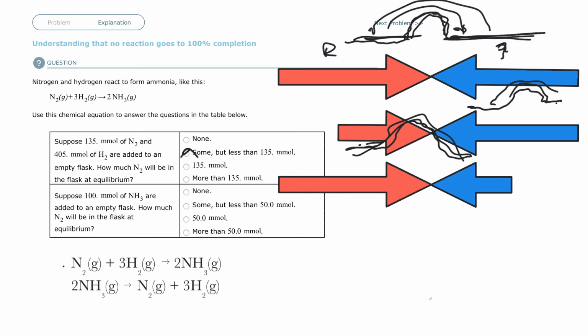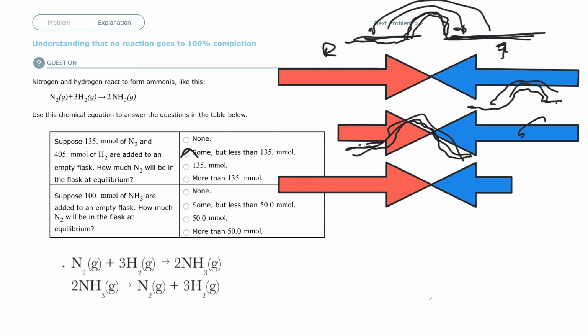What about the second one? The second one says, suppose you have 100 millimoles of ammonia. You're going to start over here with 100 millimoles of ammonia, and it's going to start breaking apart into nitrogen and hydrogen. How much nitrogen will be in the flask at equilibrium? Well, go back to the balanced equation. 2 ammonias break apart into 1 nitrogen and 3 hydrogens. So for every 100 millimoles of ammonia, you should get 50 millimoles of nitrogen if it went 100%